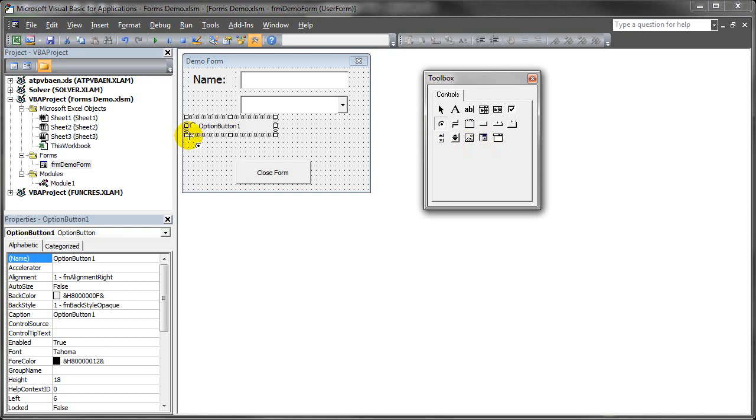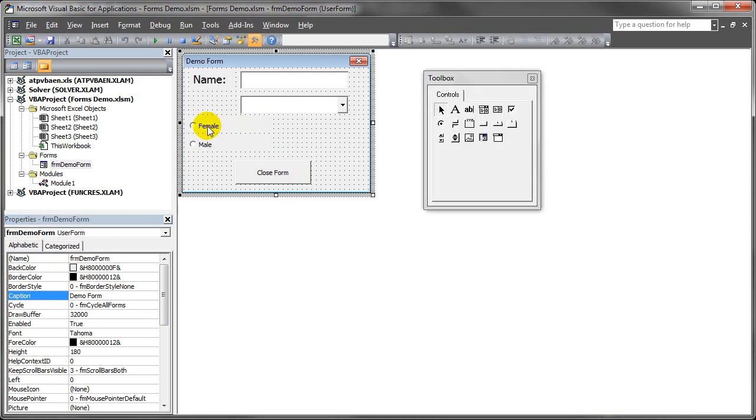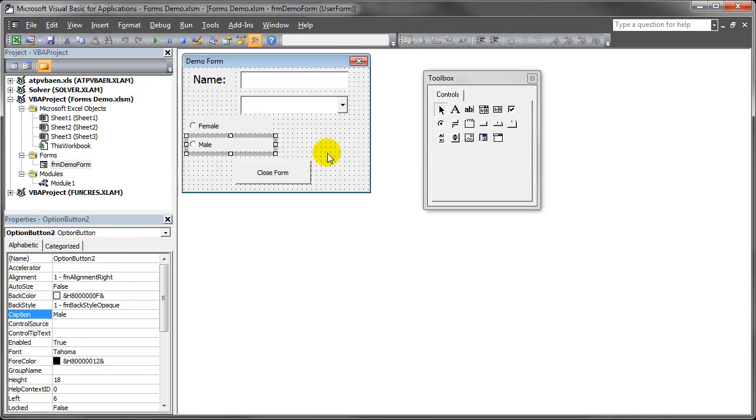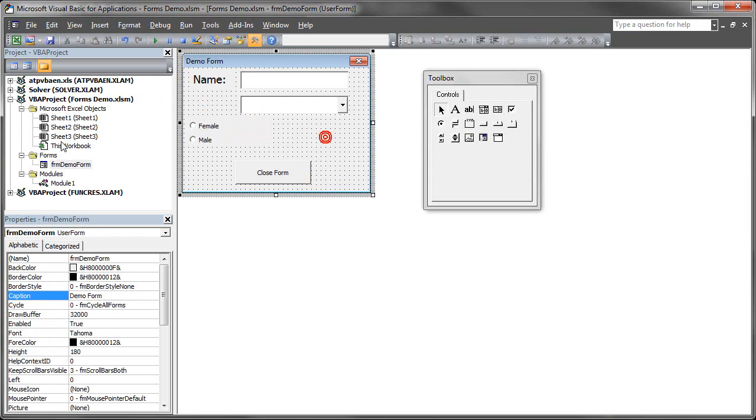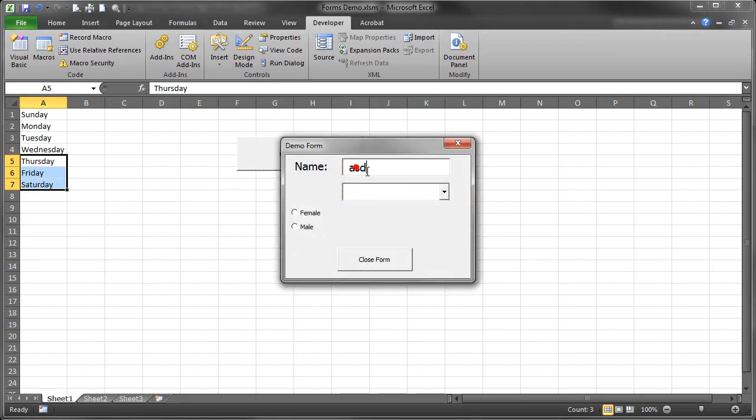So there's option button 1 and option button 2. And let's suppose we're going to change this. We'll just leave the names for now. We'll change this, the caption, to female and male. So suppose we want to indicate whether the person is male or female. Well, we might use option buttons, and so let's open the form. And so you put your name,